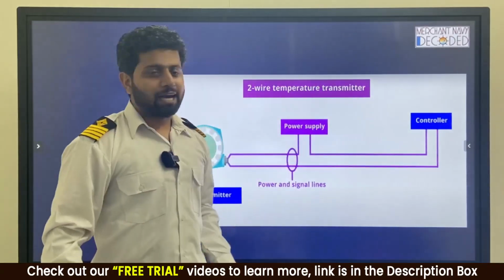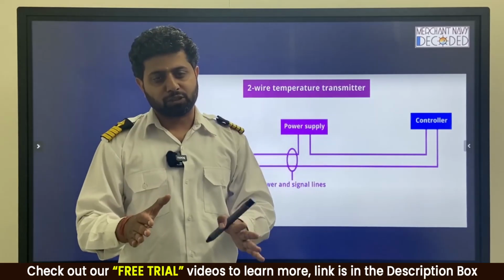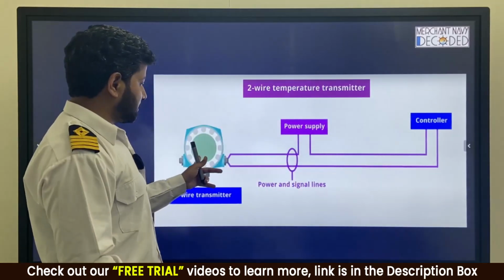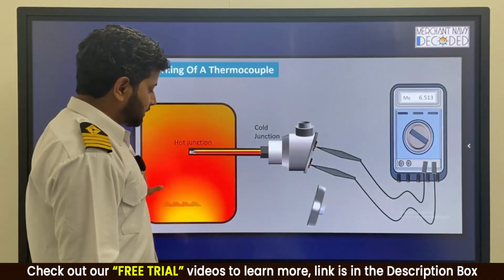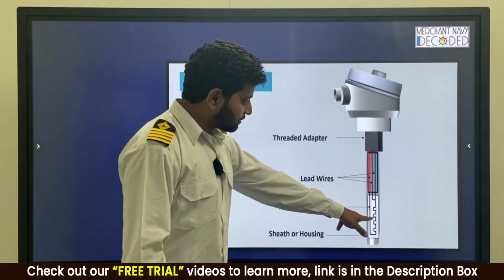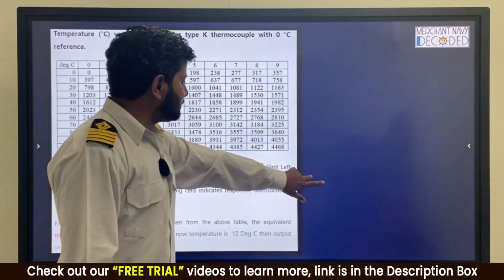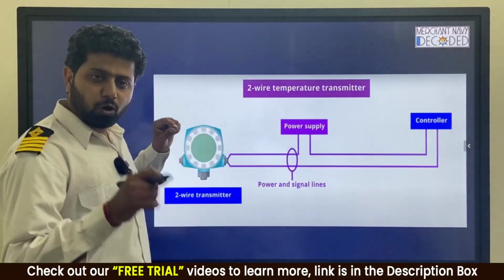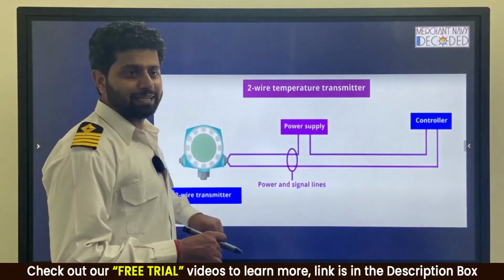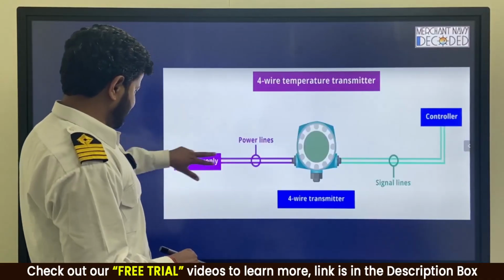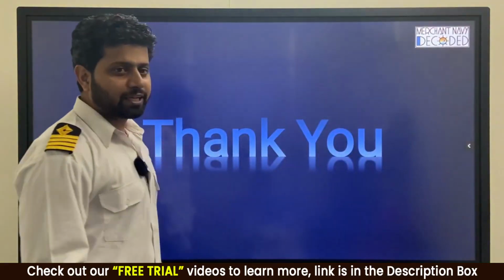Once again guys, I am not here to get into details. You only need to know this, this is more than sufficient. All you have to check is whether there is continuity over here. What you have to check is whether this wire is damaged or not. So continuity is there or not. This is the thing that you have to check. You have to check whether these connections are all in good condition or not. You have to check whether there is power supply here or not. You have to check power supply over here, and whether current is coming over here or not. So these are a few things that you have to check, and all I can say is thank you.